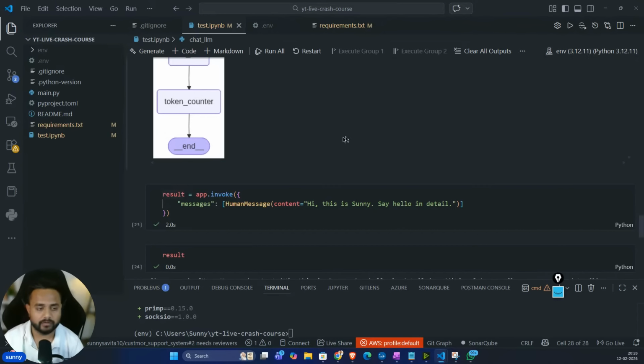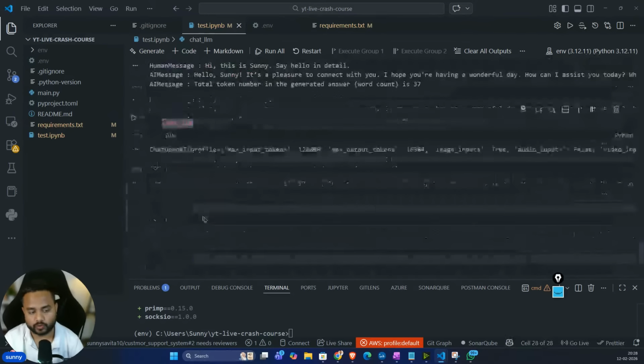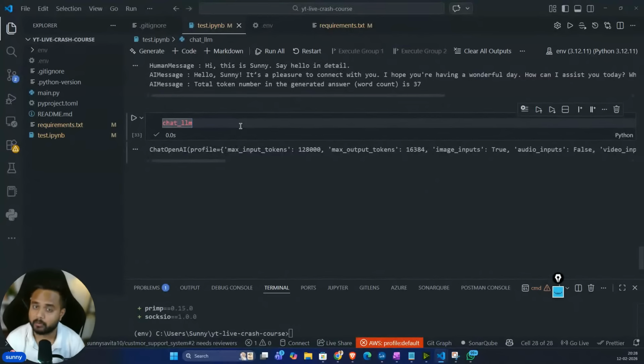Now, guys, I will continue from here itself. Then only will I go for the modular coding. As of now, I will perform a little more experiment regarding tool calling and so on, and then I will come to the end-to-end project. I will show you how you can create various different folders, and then we'll start with the coding. Got it? Great. So first of all, let me give you the walkthrough of the